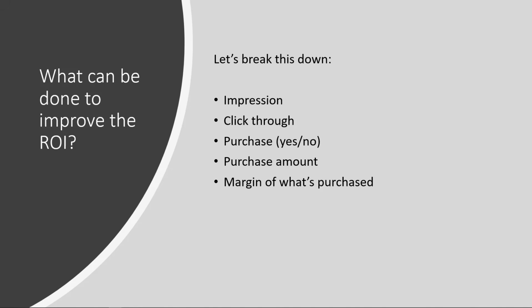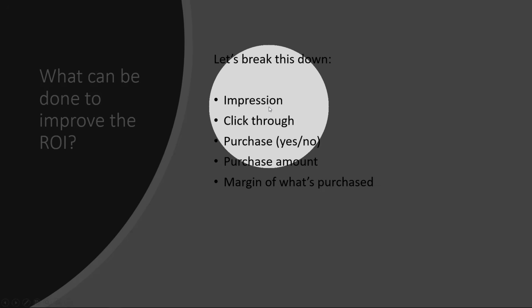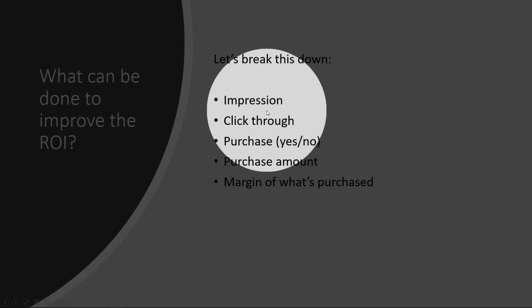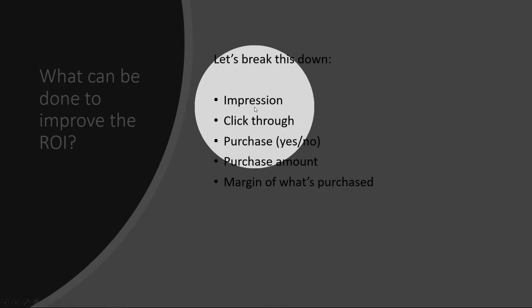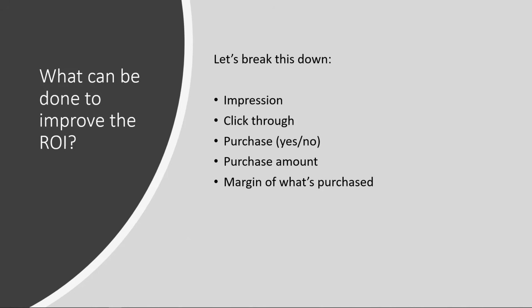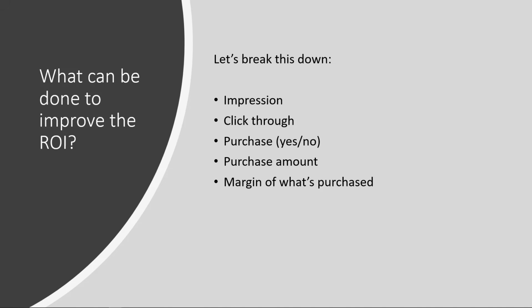So in order to improve the ROI, the ideas would be first to improve impression, how to get better impression, or how to get cheaper impression. You can either pay Facebook more to get more impressions, or could Facebook actually do a better job to deliver higher quality impressions so that the people who see your ad are more likely to be potential buyers. At the second stage, click-through, can you improve the click-through rate by improving your ad design, using better pictures? Can Facebook help you deliver the ads better so that for every 1,000 impressions you get more click-throughs?